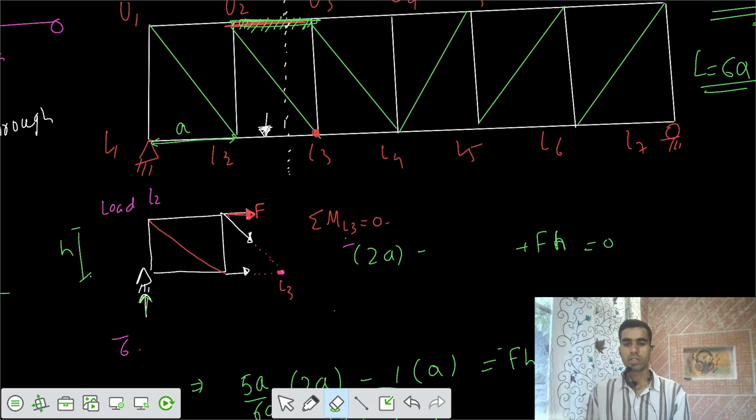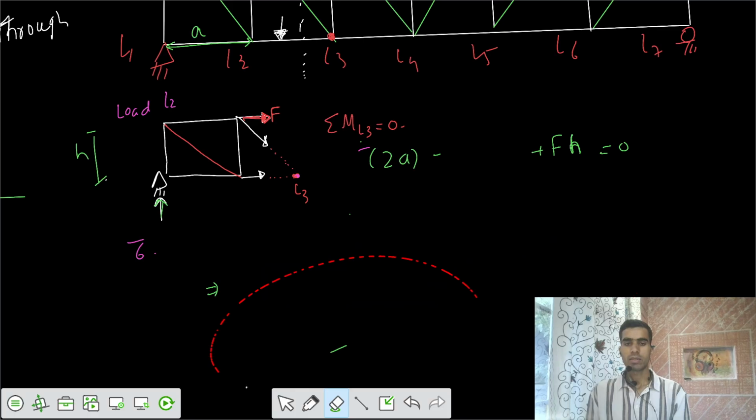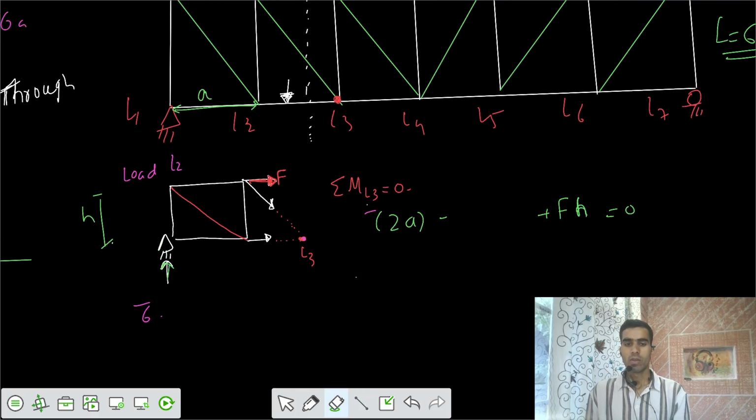So let's write the equation again. I would say the load was somewhere here, out of that section. So I would say your reaction would be 4 by 6. Load is here, this is 2, this is 4, and the reaction here would be 4 by 6. That means 4 by 6 of length is the 2A ordinate. So minus